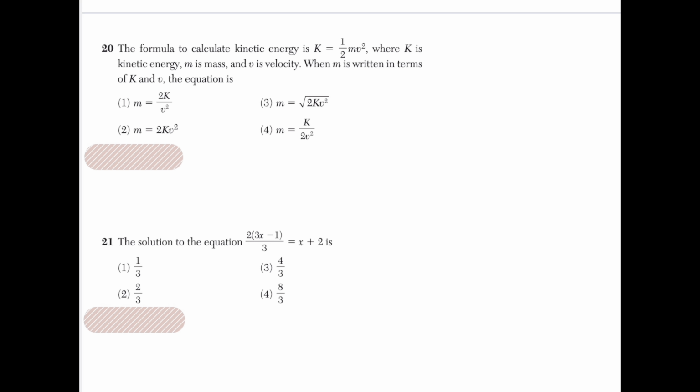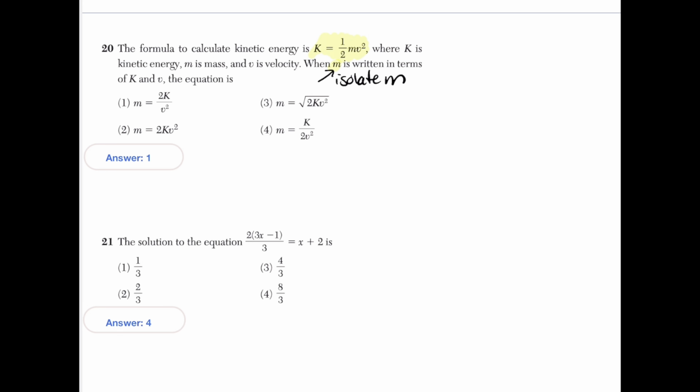Alright, let's look at numbers 20 and 21. 20 is another one. If I'm super exhausted, I can see myself making mistakes here. The answers for 20 and 21 are 1 and 4. So let's jump into 20 first. We want to know how to rewrite this equation, K is equal to 1/2 mv squared. I want to write it in terms of k and v, when m is written in terms of k and v. In other words, I want m by itself. That's all it's saying. Isolate